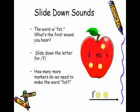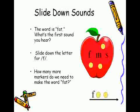Now you're going to be working on slide down sounds. Note that the teacher here doesn't say what letter makes the sound, because letters don't make sounds. The letters are how the sounds are written or represented. This way of talking about the association between letters and sounds represents a major change in our vocabulary and way